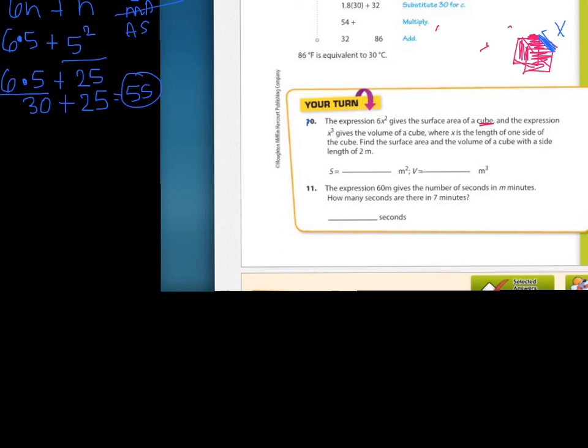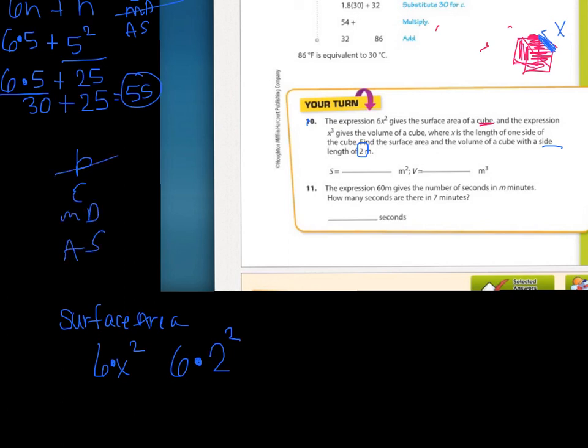Okay, so for the surface area, remember the formula, 6x squared. And then they're saying that x is equal to whatever the length is. Sometimes it's a small cube and sometimes it's a big cube. But this side, they're saying, is 2 meters. So we're going to take out the x and put a 2. So it's 6 times x squared, 6 times 2 squared. So please excuse my dear Aunt Sally,